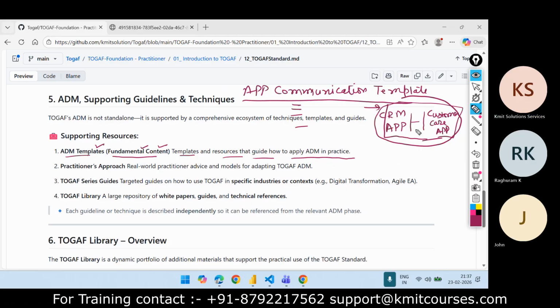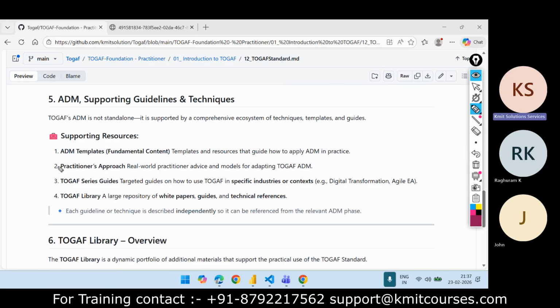Next is the practitioner approach: real-world practitioner advice and models for adapting the TOGAF ADM. So practice it more, and add it into your day-to-day activities when you are designing. That will help you understand this TOGAF ADM better and apply it in your project.